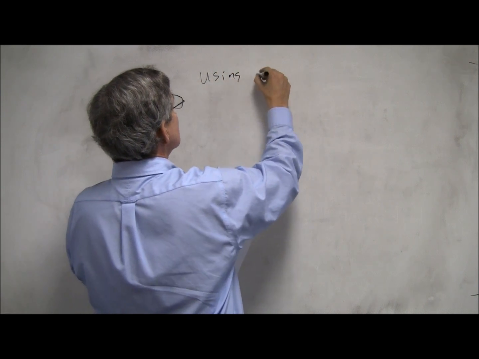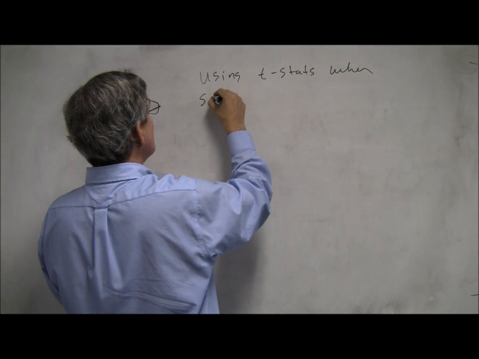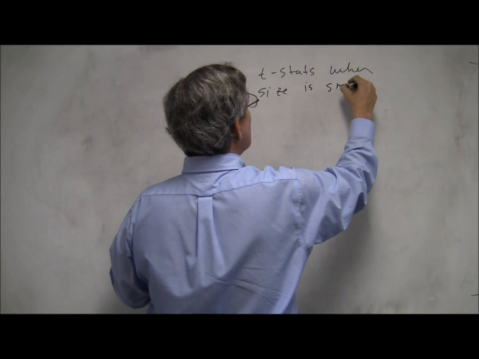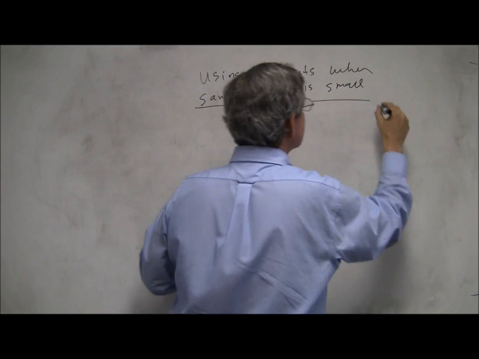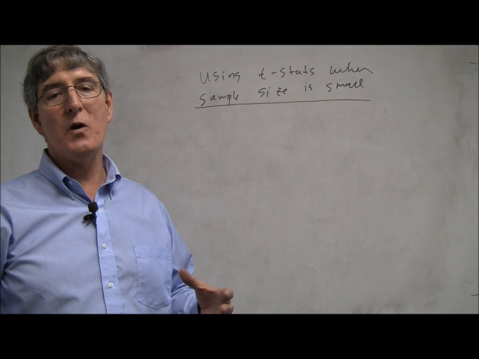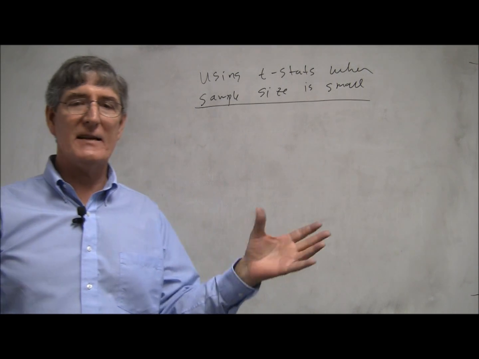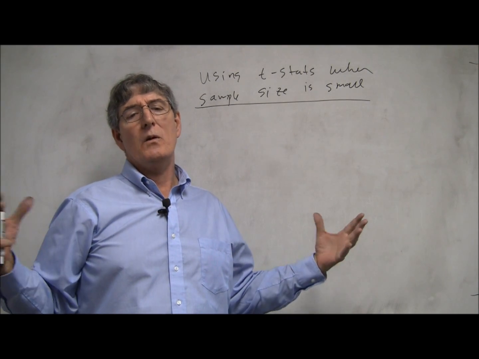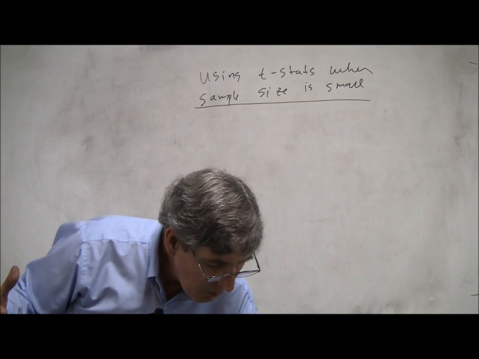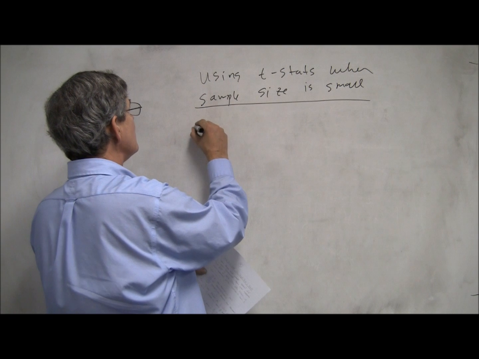Using t-statistics when the sample size is small. Remember that we're relying on the fact that the t-distribution that you talk so much about in statistics converges to a normal distribution. And as long as our sample size is, say, 100, earlier we said 30, it depends on the context. In regression models, let's say 100. As long as your sample size is bigger than 100, we don't need to worry about small sample issues. But what if your sample is smaller? So for small samples,